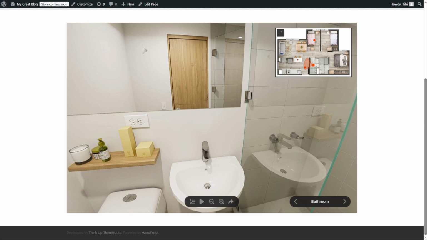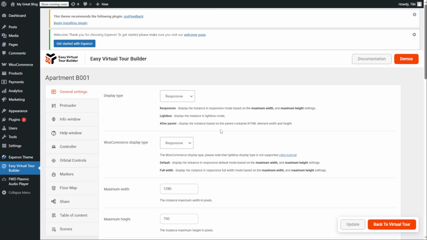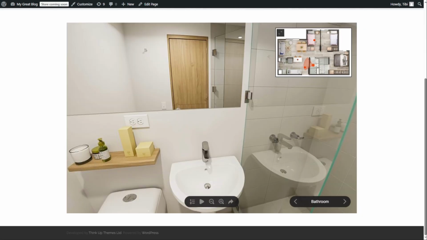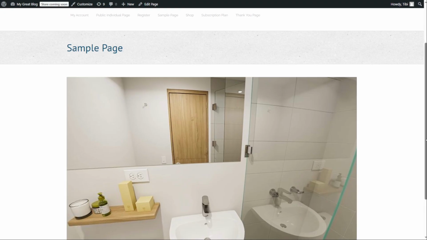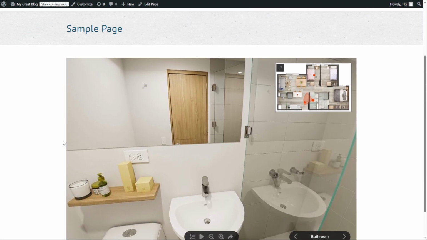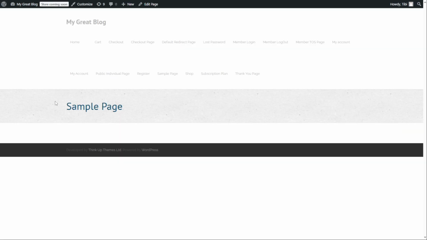Now, one other aspect of this is how to use the lightbox. So let's change the display type to a lightbox. Right now we are in responsive mode, which means that if I refresh the window, this will adapt and resize correctly. But I want to open this using the lightbox. So let's set the lightbox mode. The after parent is explained here if you want to use it. Now if I click here and update it, and refresh the page,